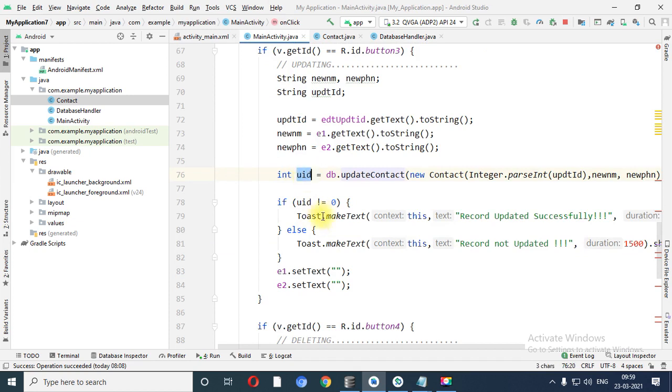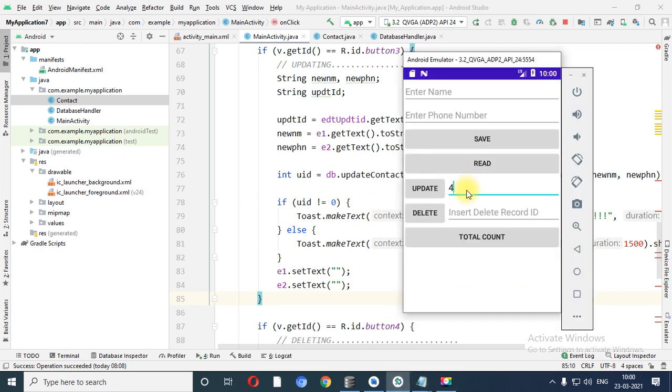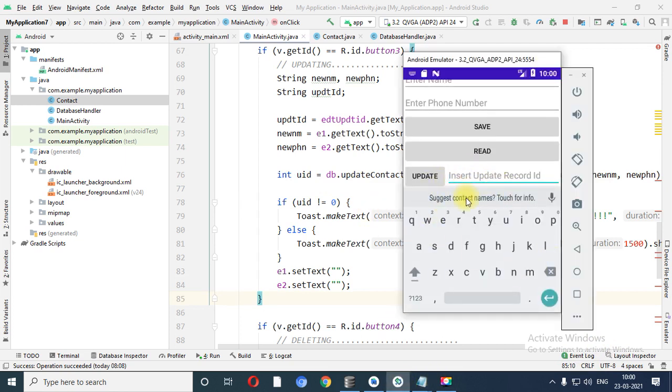Now see, if that value is not equal to 0, at that time it will print record updated successfully. But if it returns 0, that means there is no record. Sometimes it may be possible that whatever ID you have declared is not available. See, in this case, ID number 2, let me read, the second record is not available over here, right?